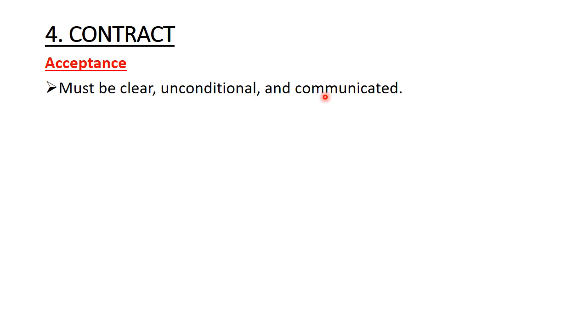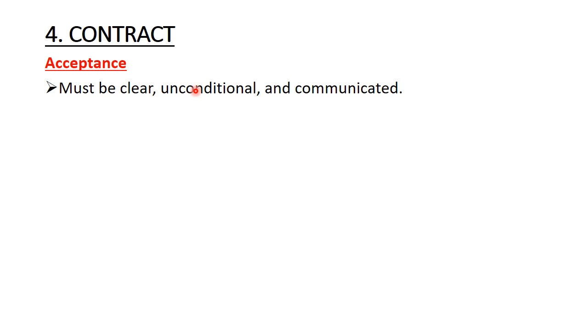And maybe here I add more light. For example, you are the customer, and the supplier has given you a contract to sign that they'll be supplying you some cakes every month. So now you want to accept. You cannot accept on a condition that when you get paid, no, you just have to accept or not accept. If you know that you don't have money, don't accept. If you know that you are going to have money at the end of the month,